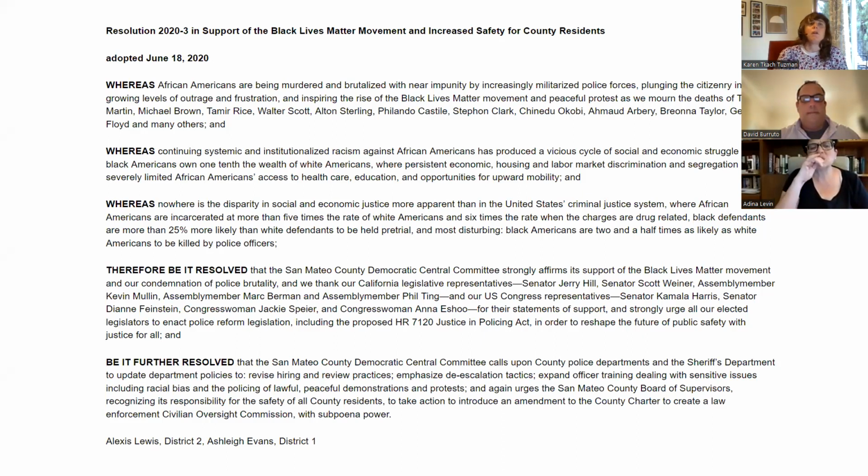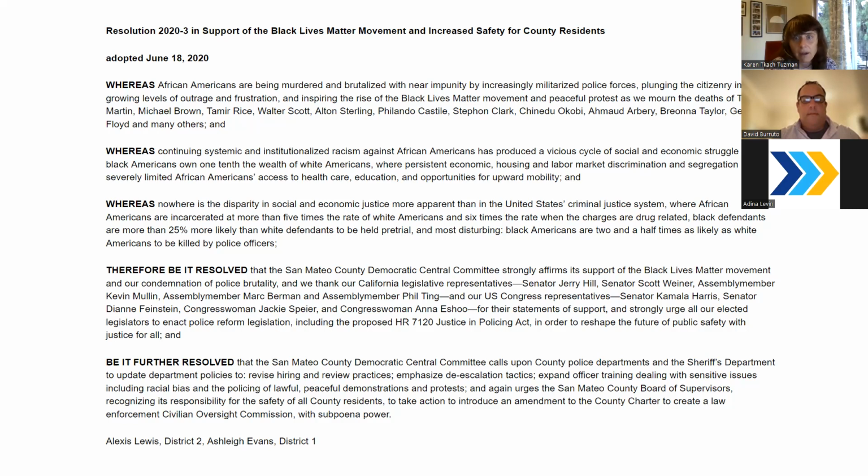And so here's an example of a resolution passed by the county party in 2020 that I thought was a good one. It talks about support of the Black Lives Matter movement and increased safety for county residents. It uses as its whereas clauses evidence about the need for the Black Lives Matter movement and for policies to change to increase safety and reduce racial disparity. And then in the therefore be resolved